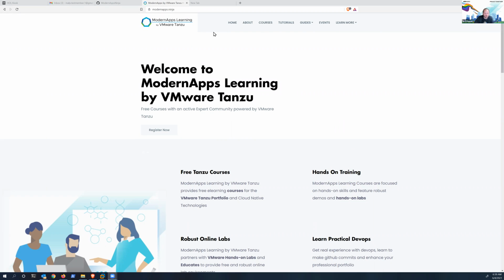This website is a GitHub page-based website. So we put content in a GitHub repository. We use Agile modern style management to manage each of the websites. So actually every different course that you go to is a different website that's part of our Modern Apps Learning organization. And every time we make any edits to even the content or the features that are provided by these pages, it goes through a software build process. And so when you register, it uses a DevOps style workflow system in GitHub Actions to run a workflow